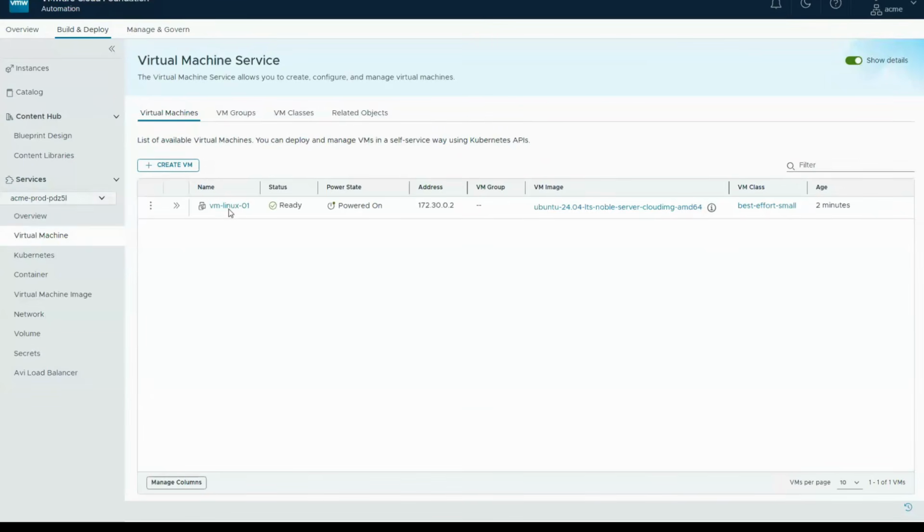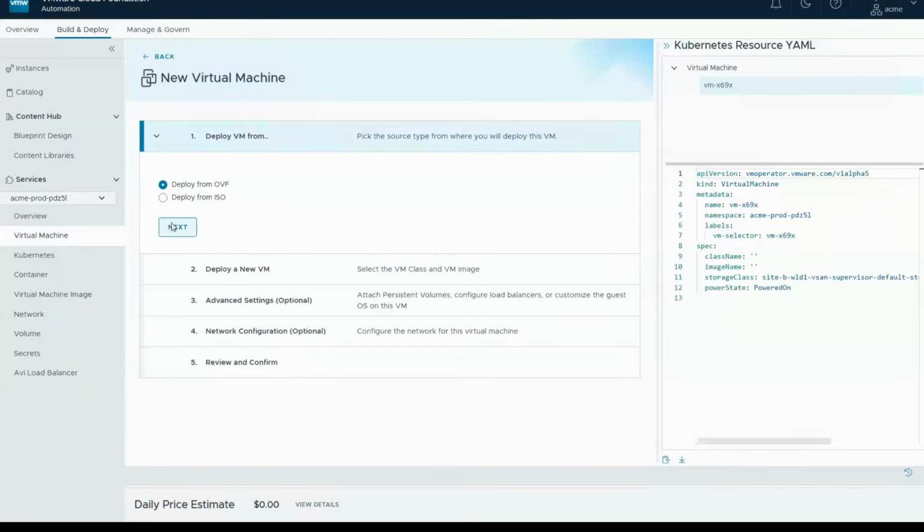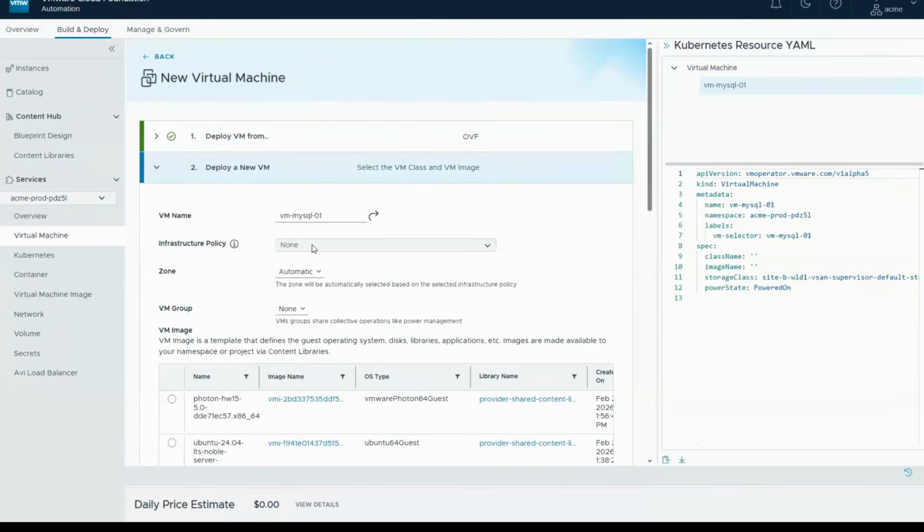And my VM is up and running. It's powered on, it's ready. It has an internal IP address. And this is the image it's being used from. The next, and I'm going to go through this one a little bit faster, very similar to what we've done before,